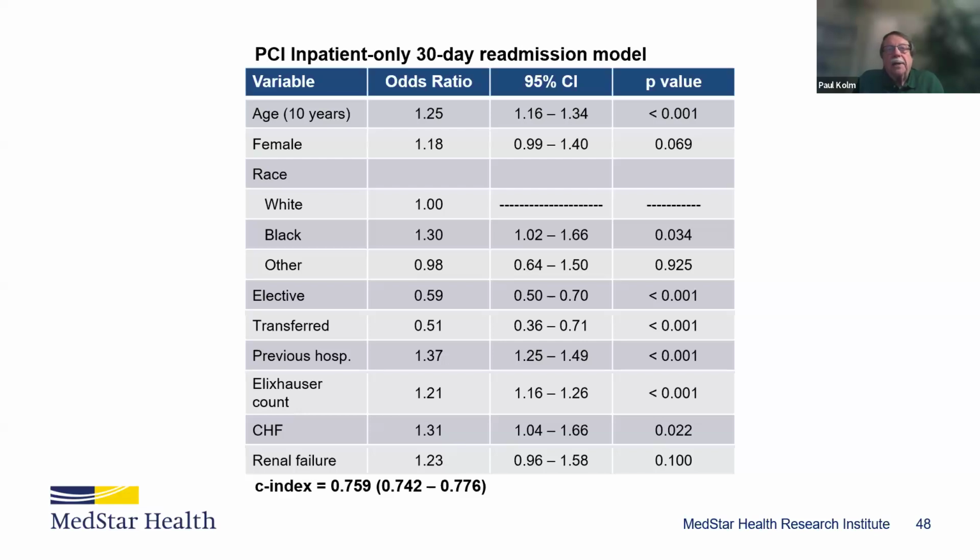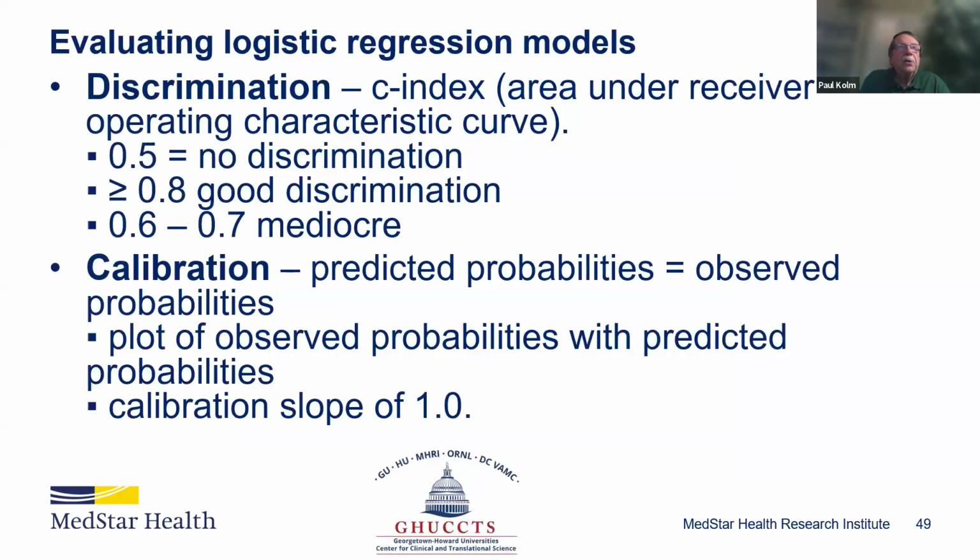And as we'll see, that turns out to be the same thing as an area under the receiver operating characteristic curve. And so we get a C-index of 0.76 essentially. So that's our indication of how good our discrimination is. It's pretty good. It's not great, but